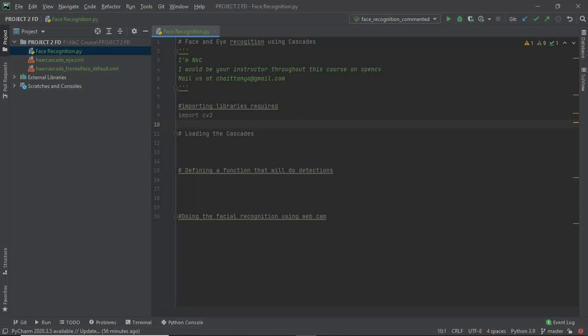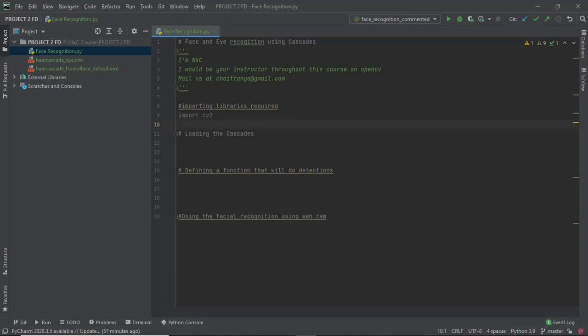OpenCV Cascades are not based on any neural network, and that is why we don't need to import any neural network libraries like PyTorch or TensorFlow. We just need OpenCV, and what we need from OpenCV is mainly the cascade. And that is exactly what we are going to do now.